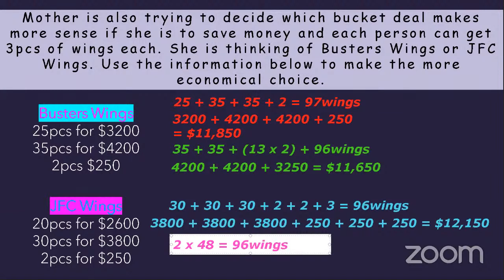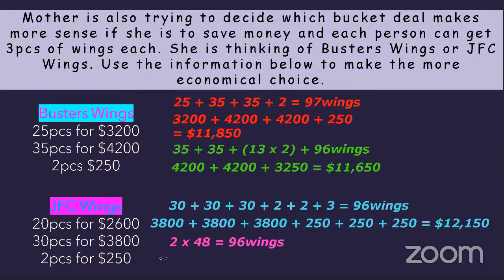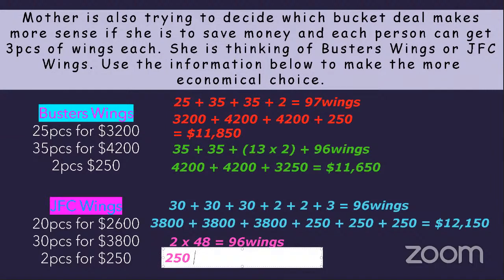Ensure you're checking in and ensure that I am correct. And if I'm not correct with that, feel free to always, yes, Alexia, great. Feel free to always correct me. All right, so let us look then. So if we have 2 times 48 pieces of wings to give us 96 wings, it means that we're going to multiply how much for each two piece? $250 by 48 meals, and that will give us